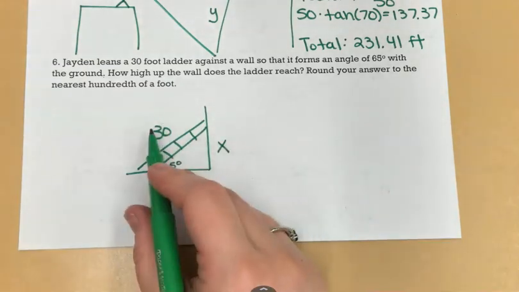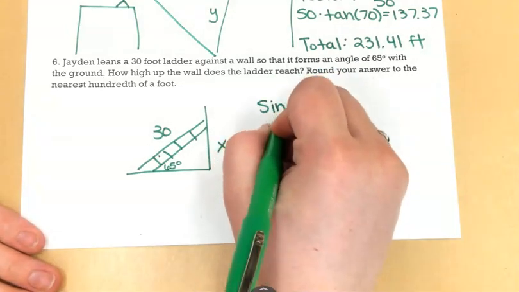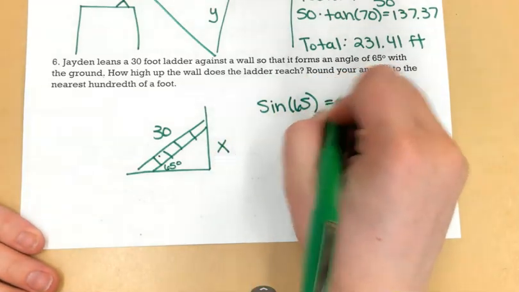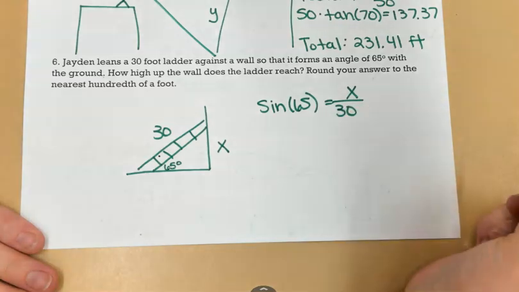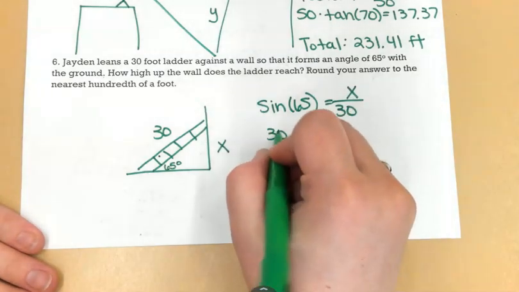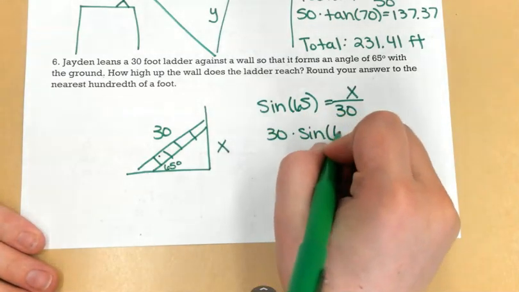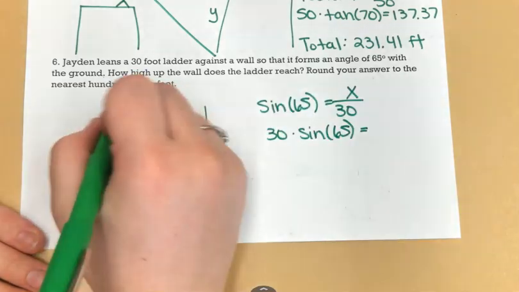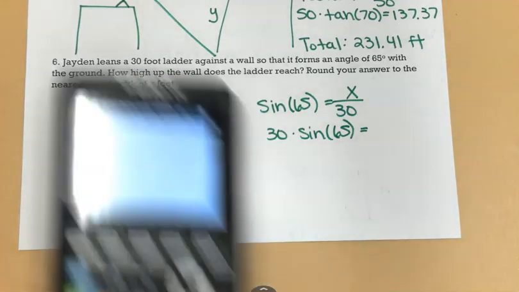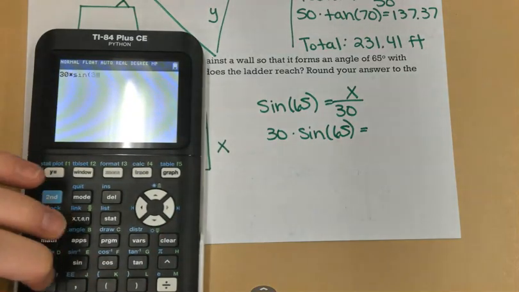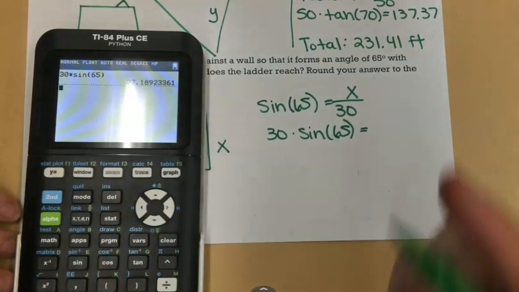Well, that's the opposite, and I'm given the hypotenuse, so that tells me I'm going to use sine, and that will be equal to x over 30. So to solve for x, I'm going to multiply both sides by 30. So this is what I'll type in my calculator into the nearest hundredth of a foot. That is 2 decimal places. We get